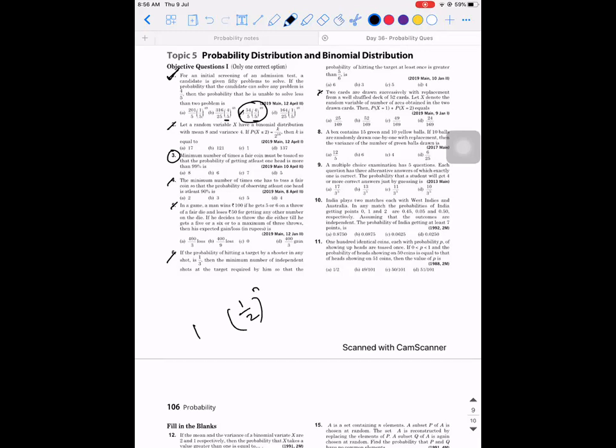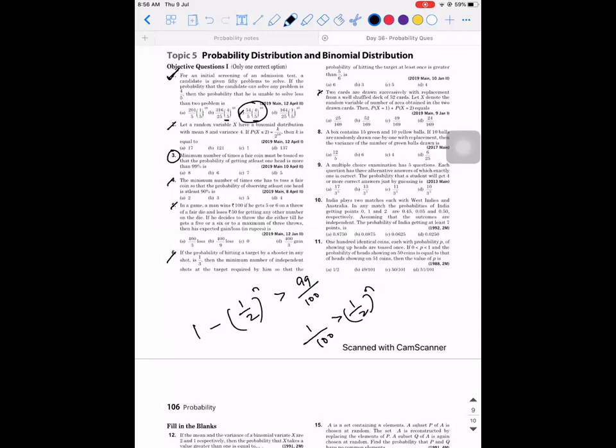So out of the 100 chances you're trying, this will be one of such chances. So this should be greater than what? 0.9. Yeah, 99%. So this will be 1 divided by 100. N is 7, right? Yes, sir. 2 power 7 is how much? 128. Yes, so 1 by 128.